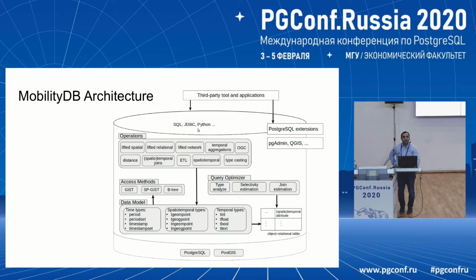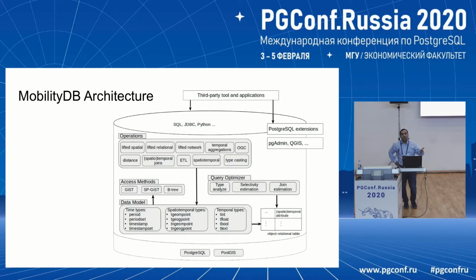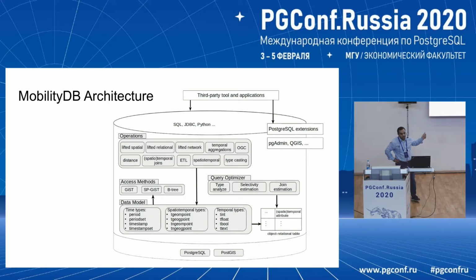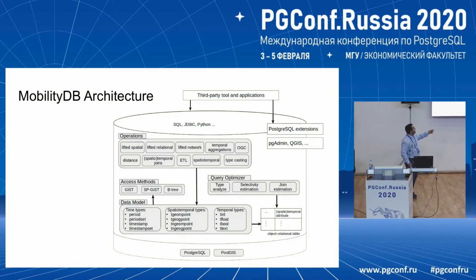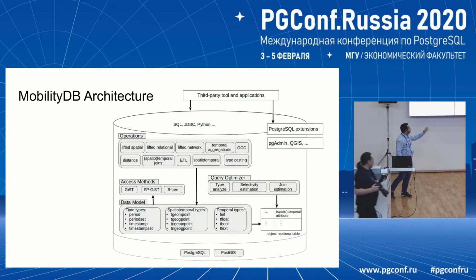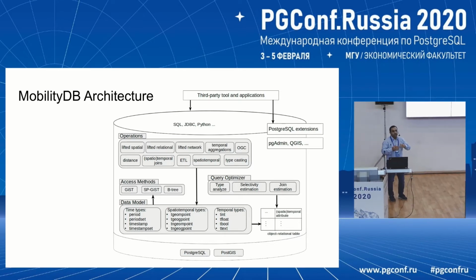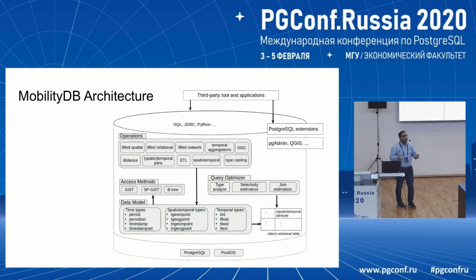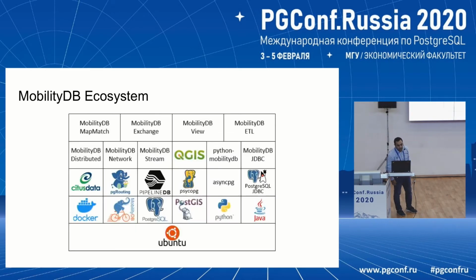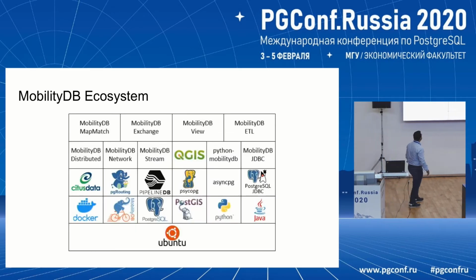Then you can connect either through SQL. There is also a Python driver for MobilityDB. You can use third-party tools, like QGIS for visualization and pgAdmin for querying. And because it's an extension, not a fork, it is by default compatible with the tools in the PostgreSQL ecosystem. For example,